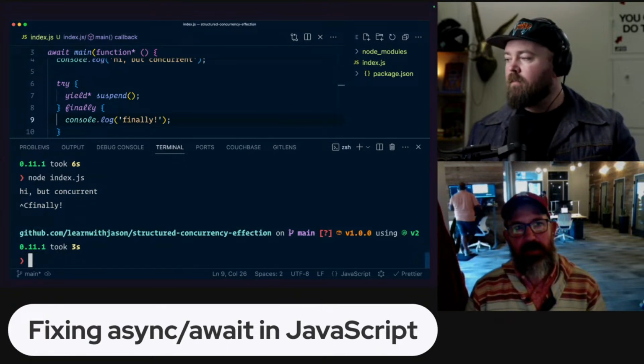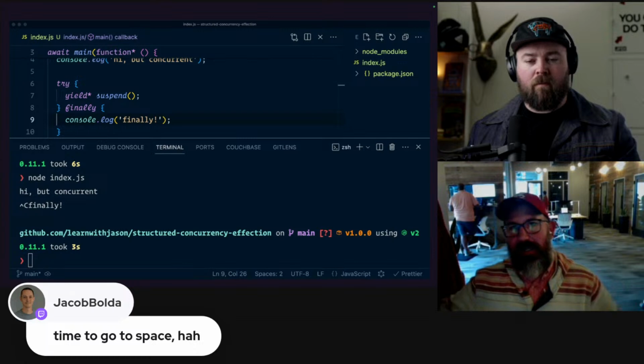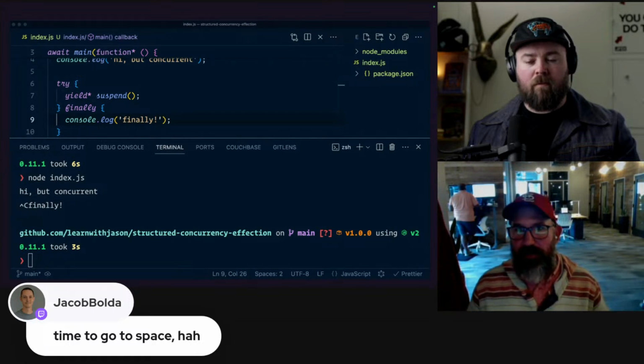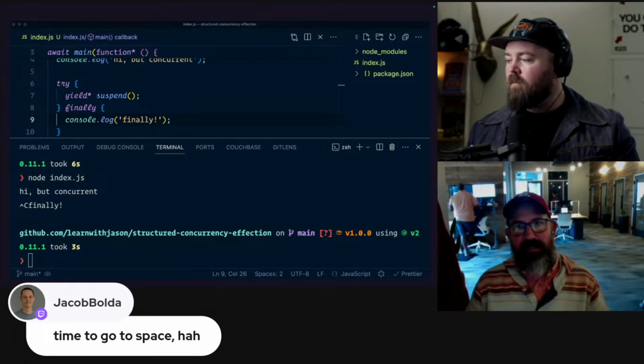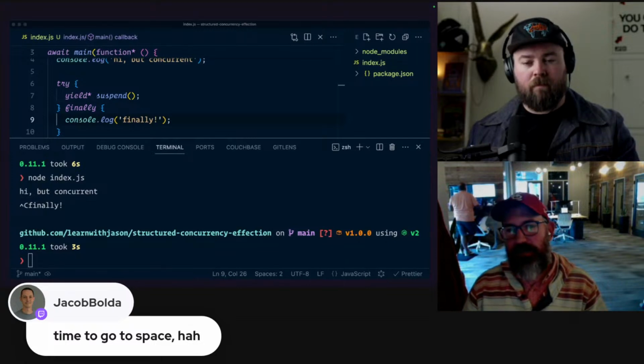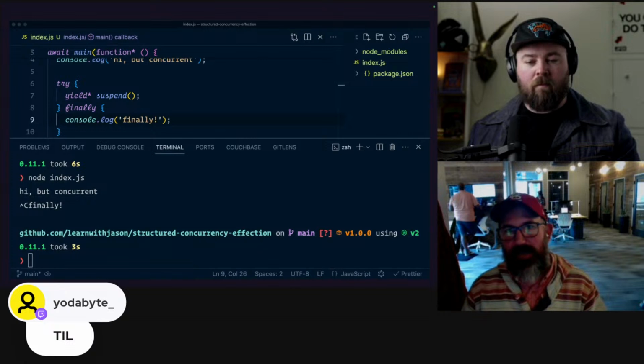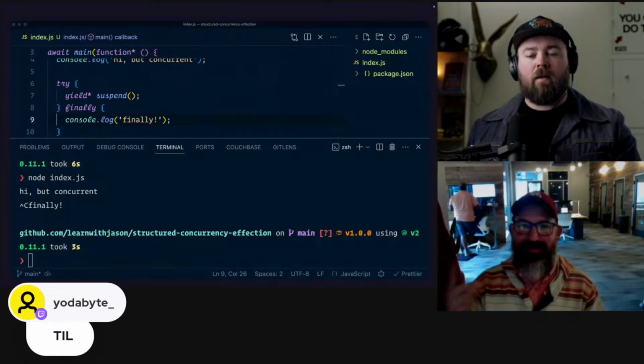And this is such a simple thing, but what it allows you to do is this: suspend is actually a concurrent function in the sense that it's going to go off and do something, and suspend is kind of like the zero in affection, in that it always takes forever. But